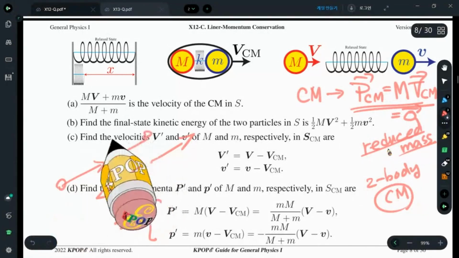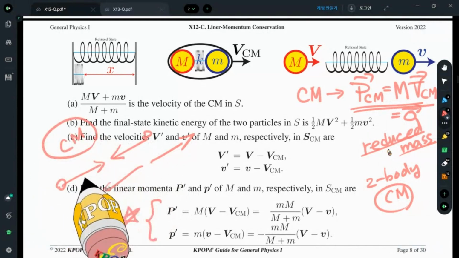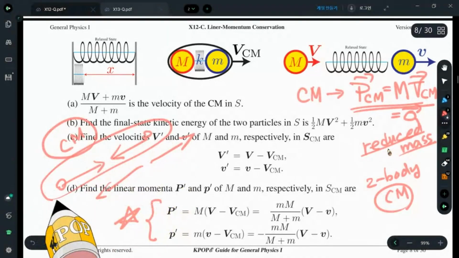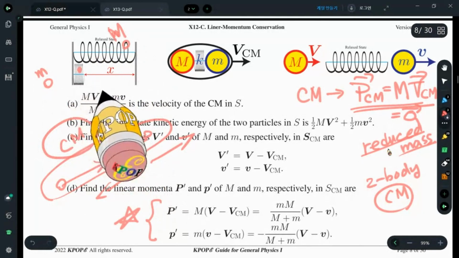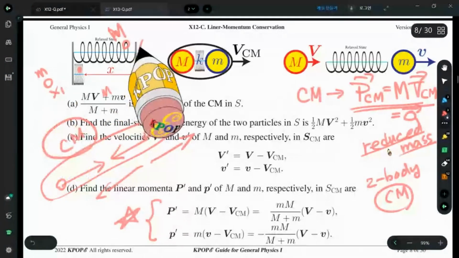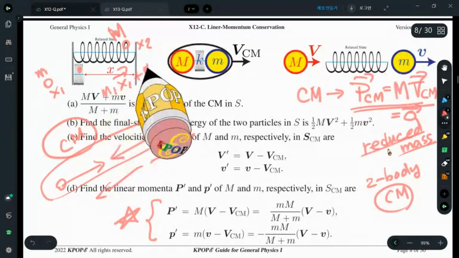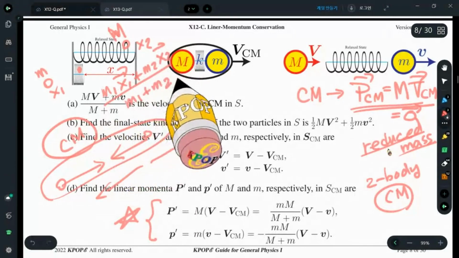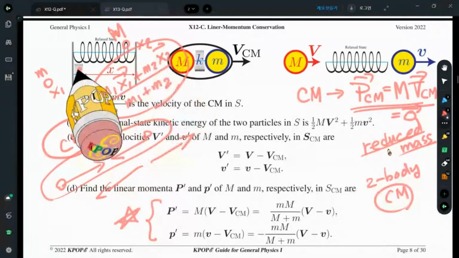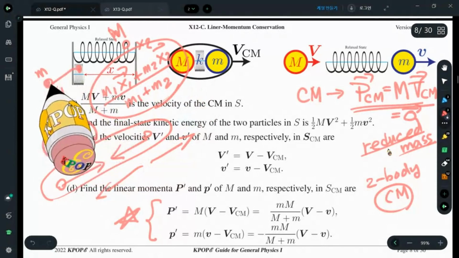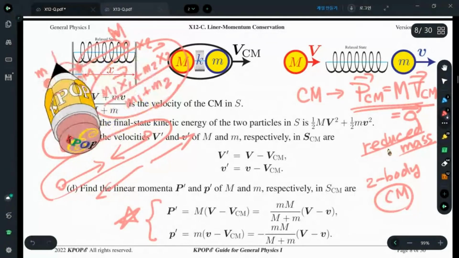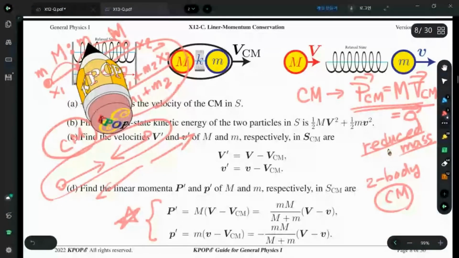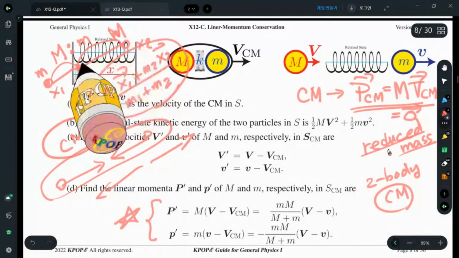That means if two particles are at the CM frame, the total linear momentum, the sum of these two momenta, must always be 0. Therefore, you remember we have mass m and capital M, and what is the center of mass? This one is X1 and X2. Then m1 X1 plus m2 X2 divided by m1 plus m2. This is the center of mass. And you remember the distance from a particle to the center of mass and the distance from this center of mass to the other particle, the ratio is opposite. m2 over m1, remember, right? So if it is heavy, this distance is